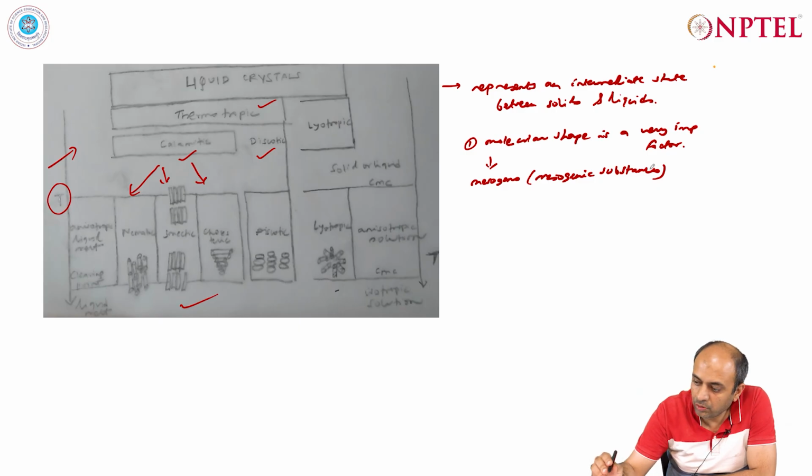So, to start with, the molecular shape is a very important factor, and they can either exist as